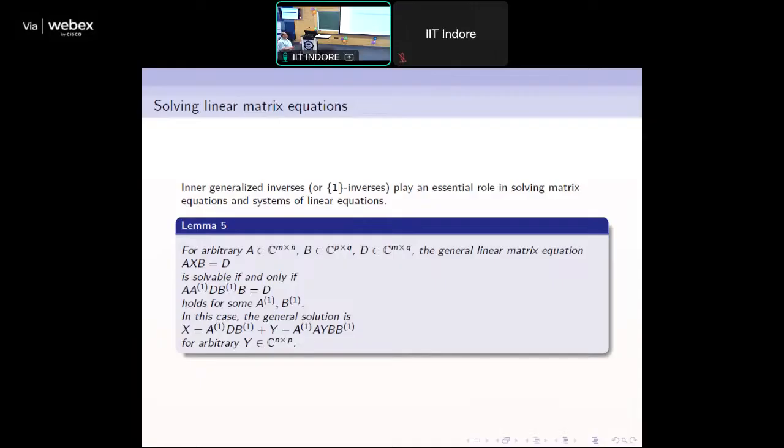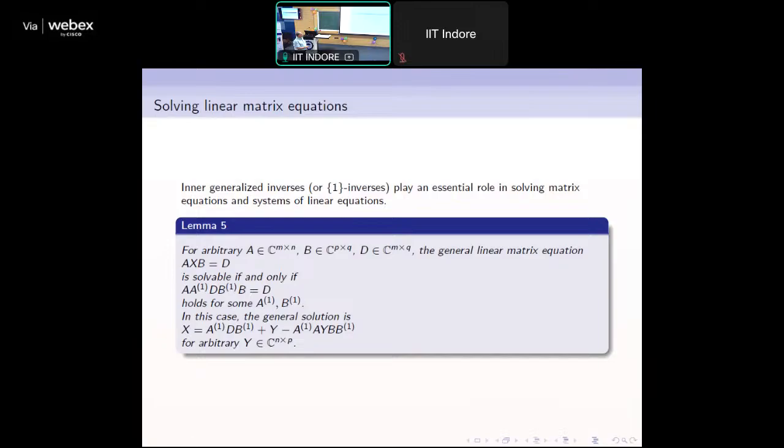The problem is how to find matrix X. If A and B are invertible, it is an easy job: multiply from the left by the inverse of A, and from the right by the inverse of B. But if A and B are not invertible, then